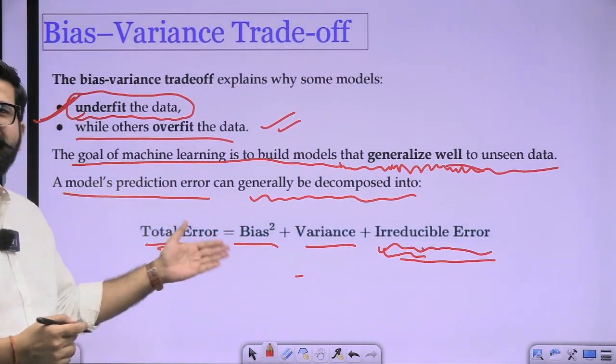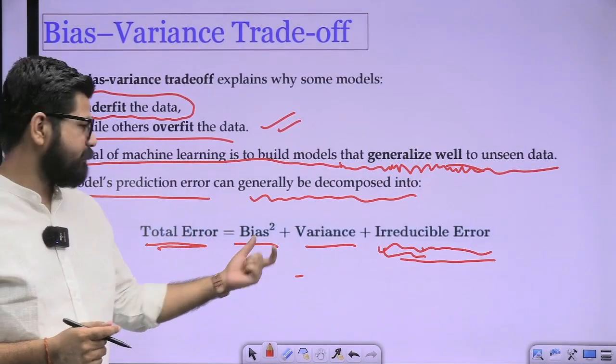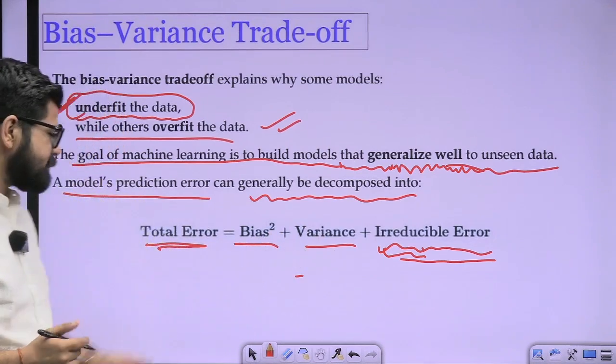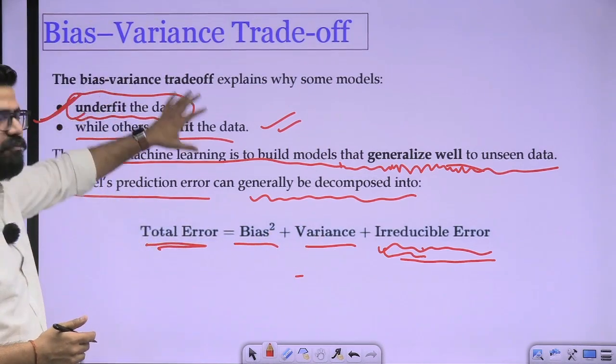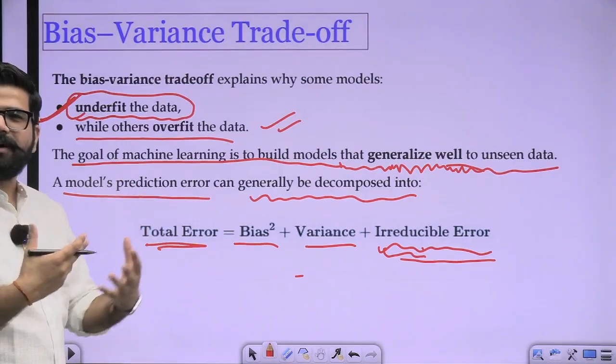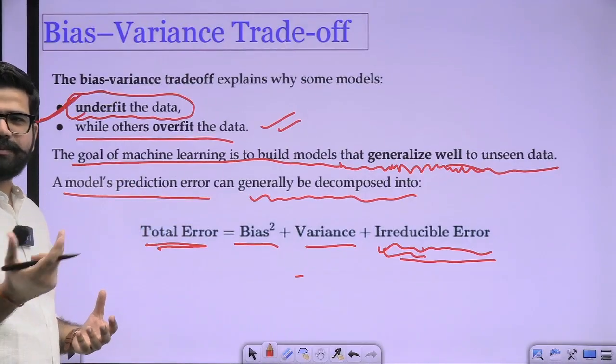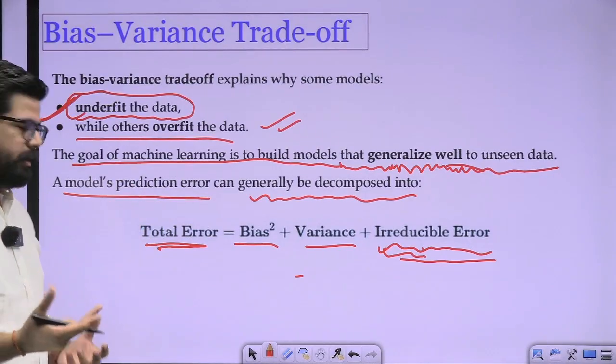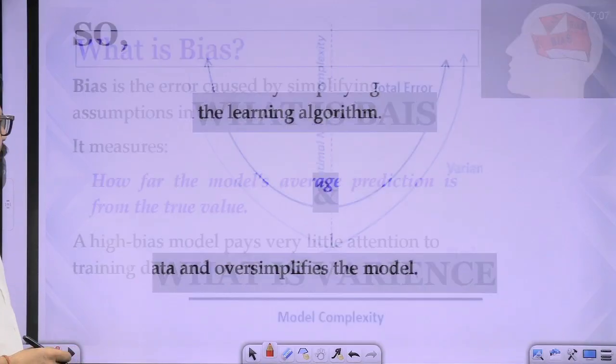So first we can clear what a bias is and what a variance is. Then we can understand what a trade-off is. I hope trade-off is nothing but making a balance to get a generalized model. Okay, we are making a generalized model here. Moving further, so what is a bias?